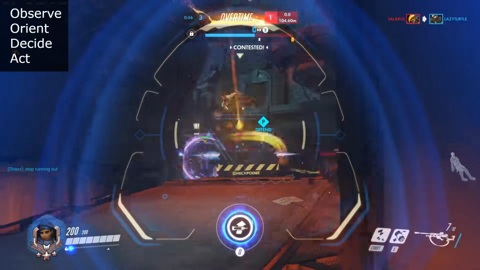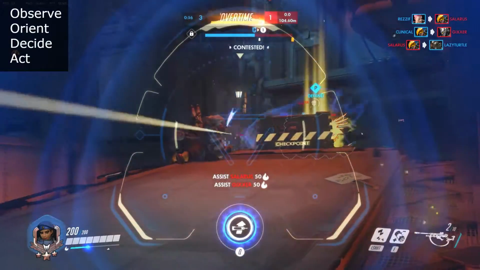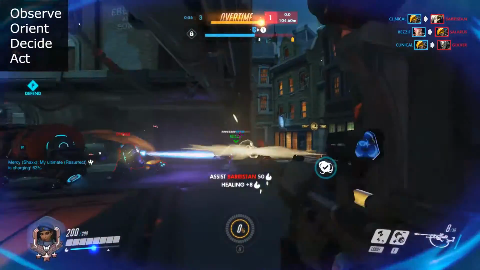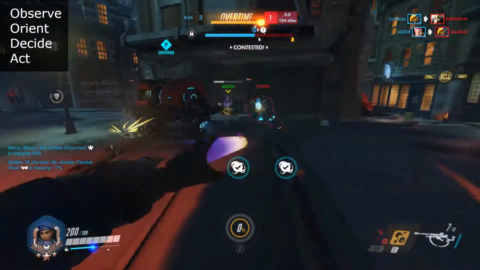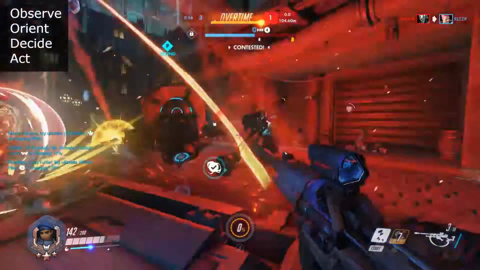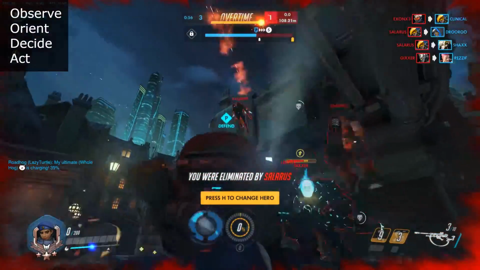Follow up on that decision. This is the part that most people try to focus on too much, and it really is one of the least important parts. It's more important to have the other 3 steps down than this one. This is what really makes the difference in top level play, because there gets a point where everyone is just pretty much that good, unless there's some god tier player